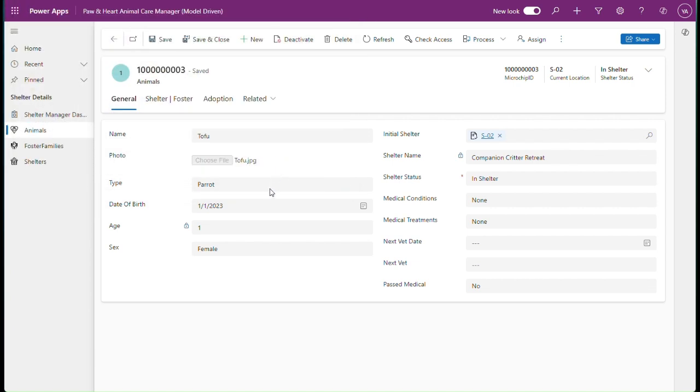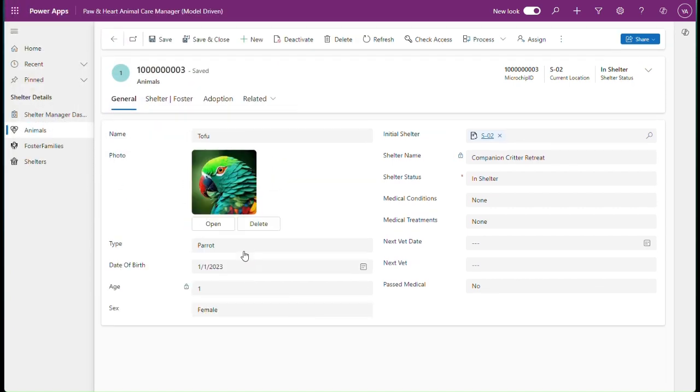Here she is. Brought in Tofu's photo. When we hit save, that becomes Tofu's primary photo. All right, now here, one amazing thing that we've created is the ability to first make sure that the animal does not have any upcoming vet dates once they're brought into our shelter. So I can pass Tofu's medical exam, and if we hit yes here, it automatically updates Tofu's shelter status to